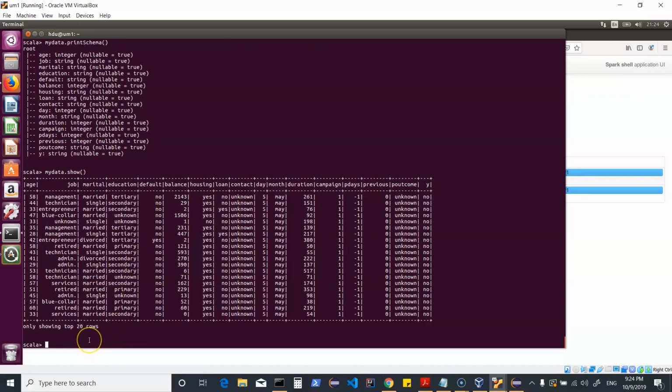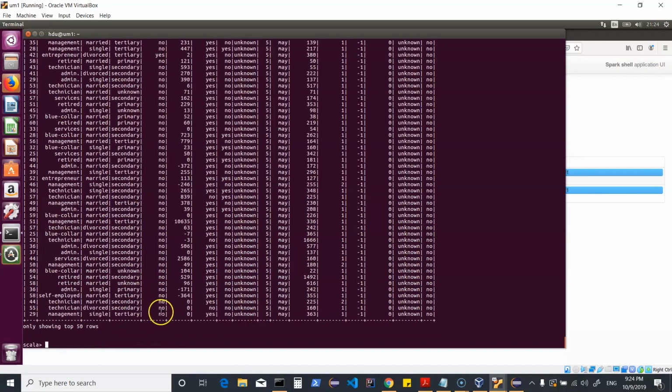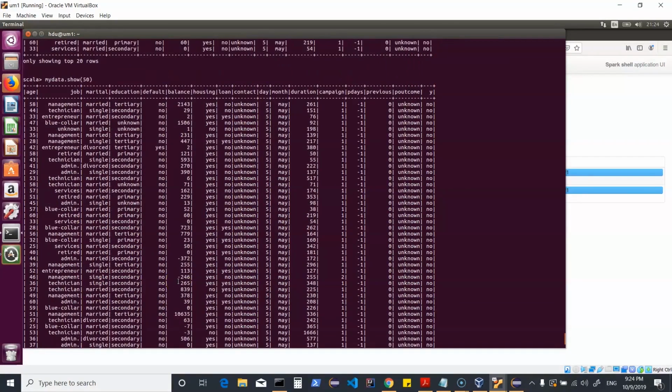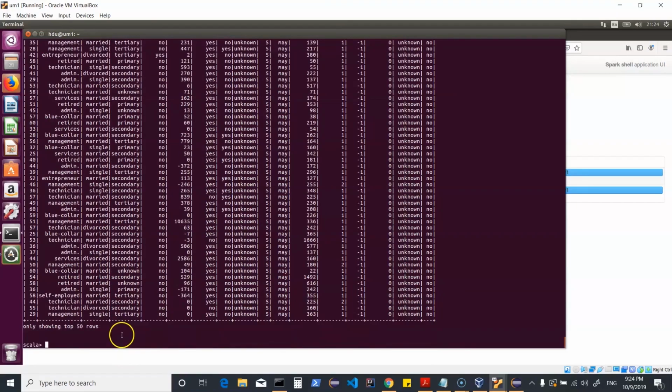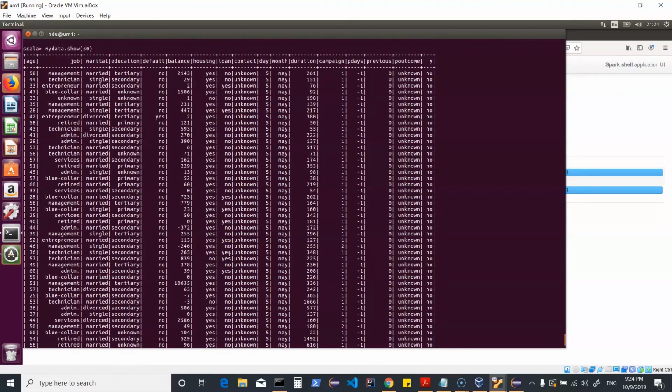Now remember, it will always show you only 20 rows. If you would want more, then you could be giving it here in the bracket, and then you could see more values. So here we have created a data frame from a CSV file. We could do a filter, we could do a select from this, we could basically do any kind of computations. I could give different conditions. So this is a bank related data where some kind of campaign was done to find out if customers would be interested in subscribing for a deposit.